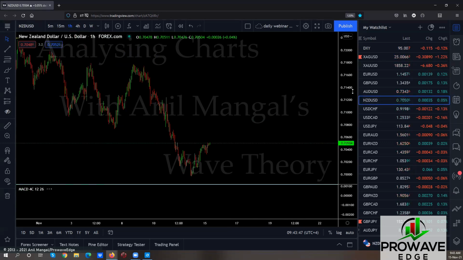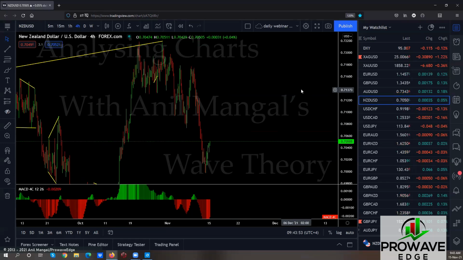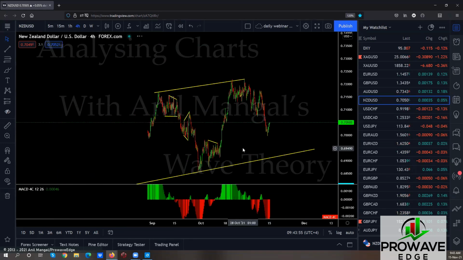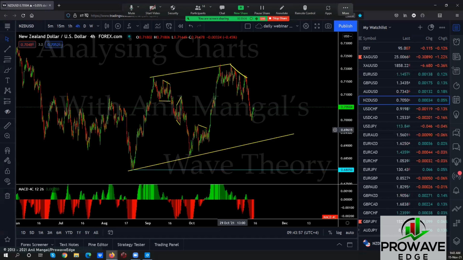New Zealand might start to get the buy as well. We have a similar structure in New Zealand, except that this is going down really, really slow. See? That is going down really slow, which means it's starting to look very corrective, especially if you take it from this piece and you include all of this. I wouldn't be surprised if this goes back up like that. We'll probably do it like this, don't worry.